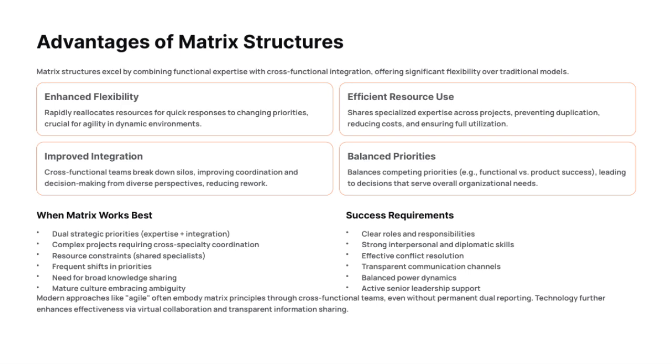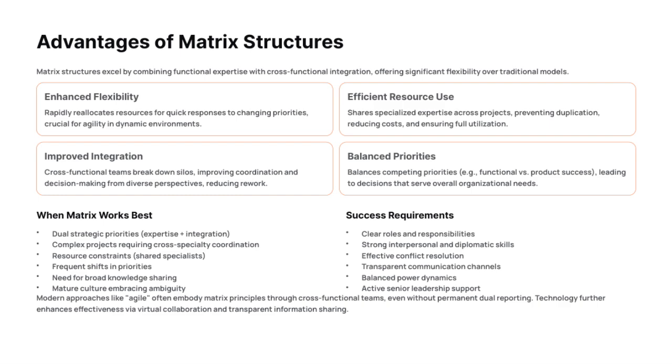Cross-functional teams help break down silos, improving coordination and decision-making by incorporating diverse perspectives. This also reduces rework. Sharing specialized expertise across projects prevents duplication, cuts costs, and ensures full utilization of resources. Plus, it allows for rapid reallocation of resources, which is critical for responding quickly to changing priorities, making organizations more